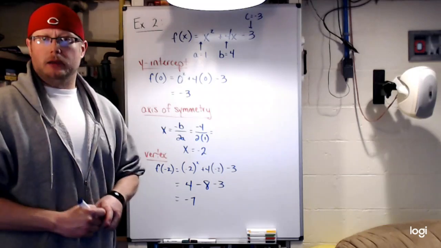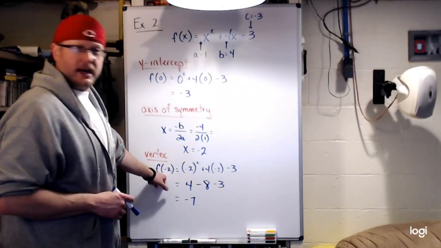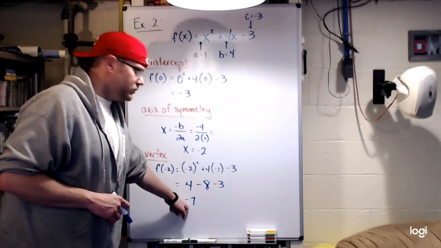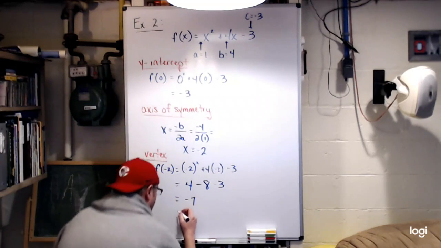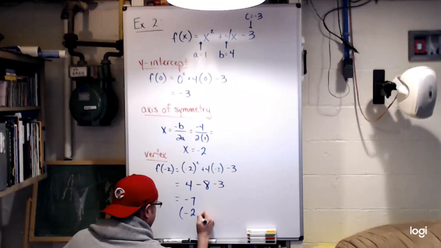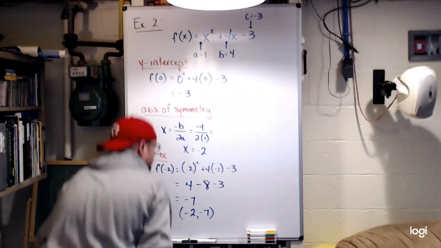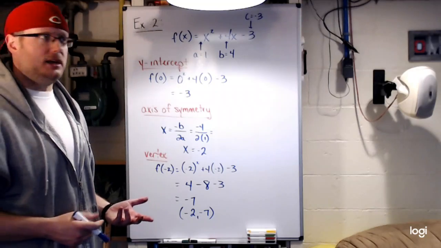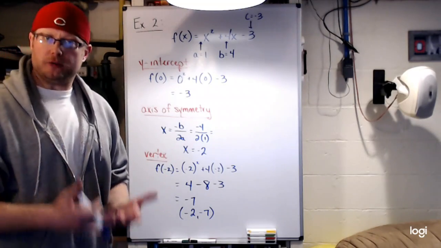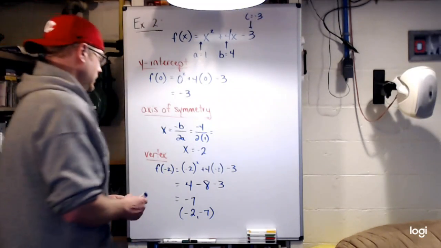So what does that mean? It means my vertex, when x is negative 2, y is negative 7. So my vertex, I'm going to go way down here on it. Negative 2, negative 7. That's the coordinate of my vertex. In this case, that's going to be the lowest point of my graph. So,